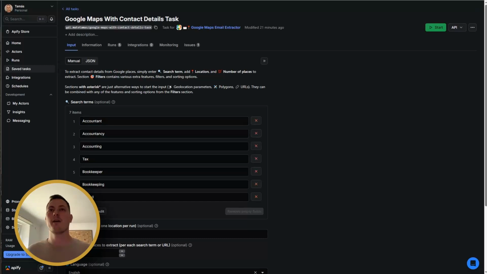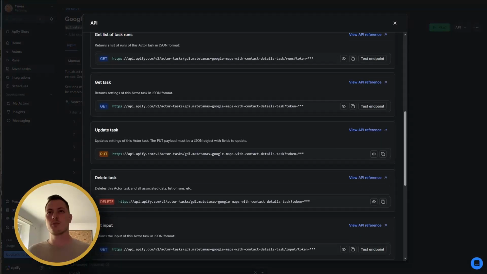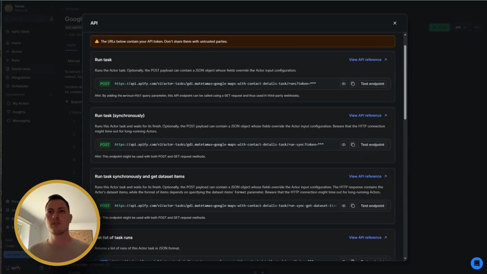This is gonna be the Apify actor that we're gonna use. I prepared it with pre-filled data here. My ICP is accountant, and everything that is related to accountancy, like bookkeeper and bookkeeping, payroll, these are the keywords. Here in the right top corner under API, I look up the API endpoints, and there are many choices we could use. This time we're gonna use the run task synchronously and get the dataset items. It's a post method. We're gonna copy this endpoint